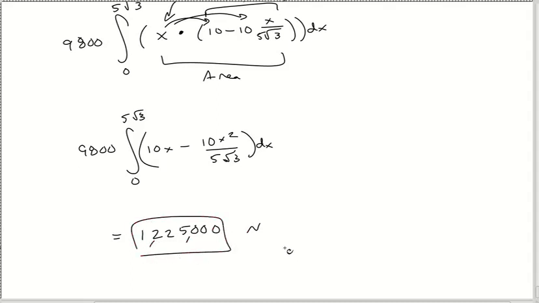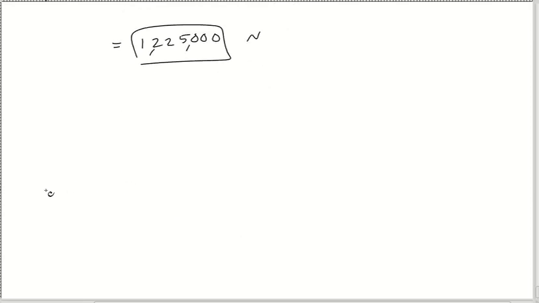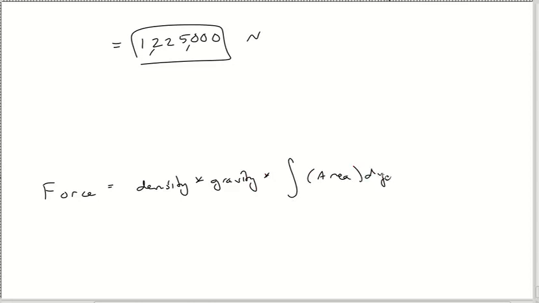And there you go. So apparently I just decided to start making a formula. So this is my force formula: the density times the gravity, sometimes those are combined, times the integral of area dy. And why? Because, again, I'm looking for it in terms of height. And as we've seen again and again, my area is often deconstructed as a height